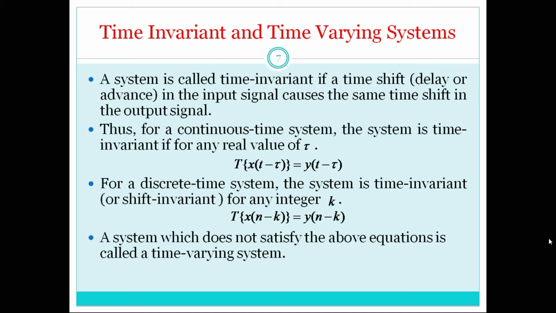For example, for any continuous time system, if it doesn't satisfy the above equation, then that is called a time varying system. For any discrete time system, if it doesn't satisfy the below equation, it is called a time varying system. Okay, very simple. Next,